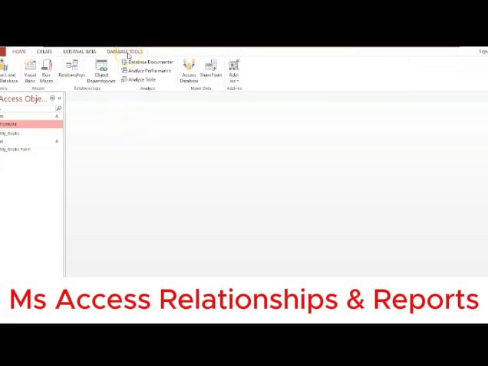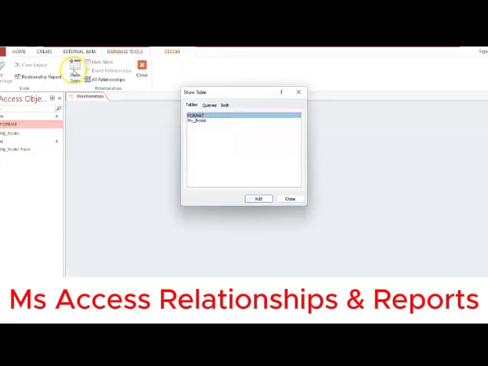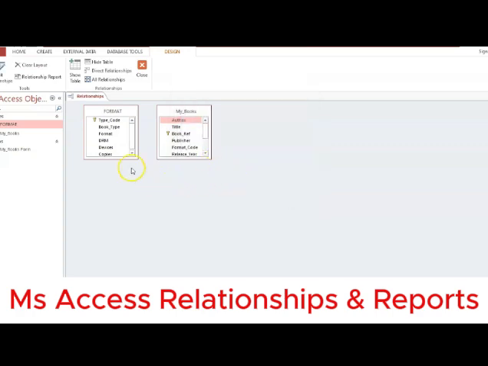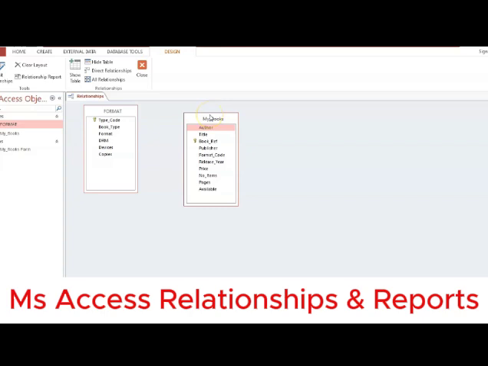So I'm going to click on database tools there. This is where we go when we want to do relationships. So go to database tools, click on relationships, then you choose the tables you want. I'm going to click the first table, format, click add, click on the second table, click add, then I have to close this show table dialog. My 2 tables are now there, and I should ensure that I drag down here also to ensure that all the fields are visible. I can even click here on the table name and drag it across so that